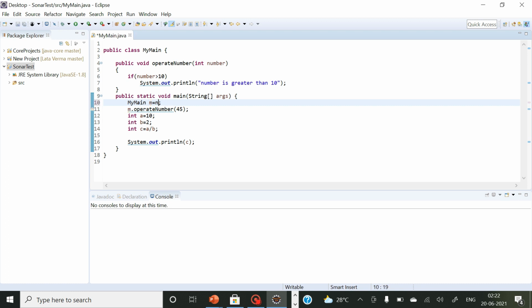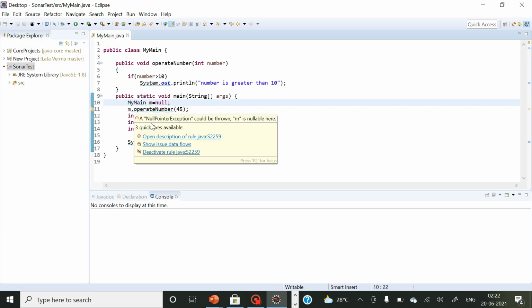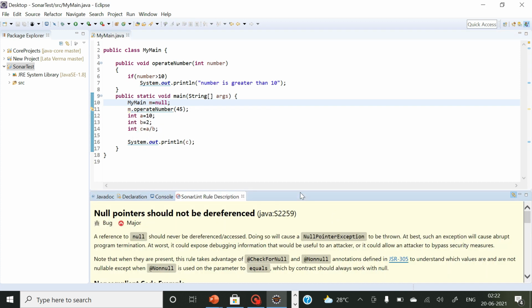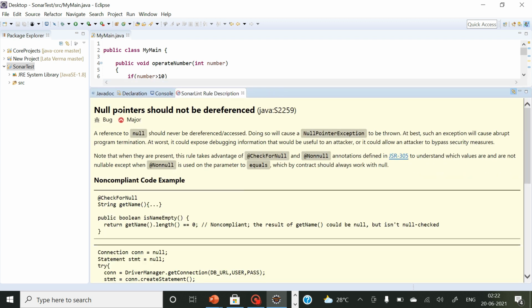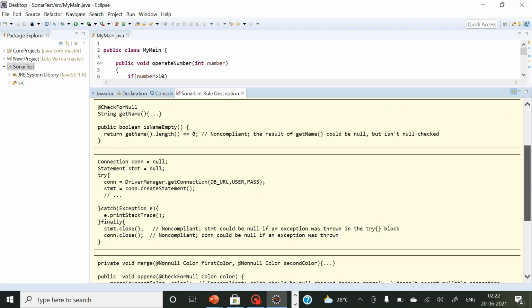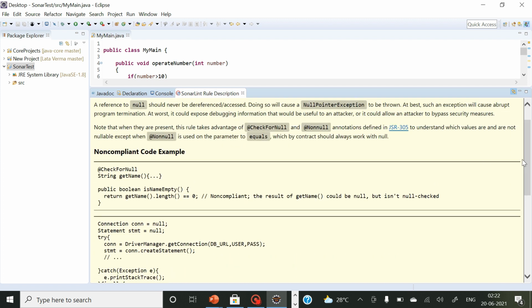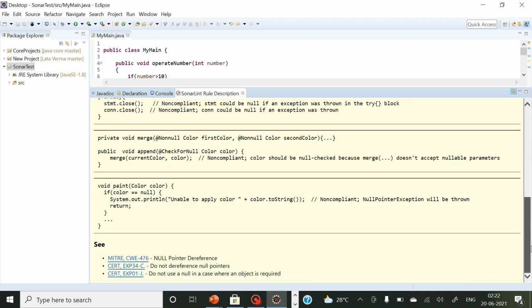So it is null, so it will lead to a null pointer exception, and I can just check and fix it. SonarLint gives this issue, and then you can open that description in detail. See, it says null pointer exception should not be dereferenced, and you get a complete explanation about it. This is non-compliant code, and then they tell you about compliant code also.